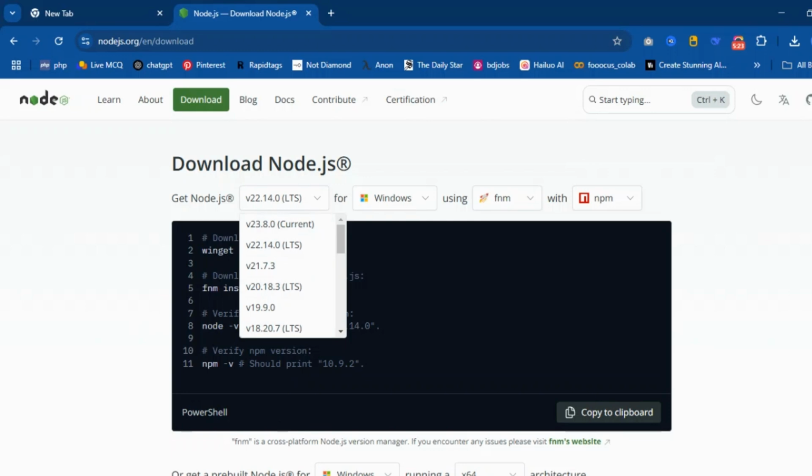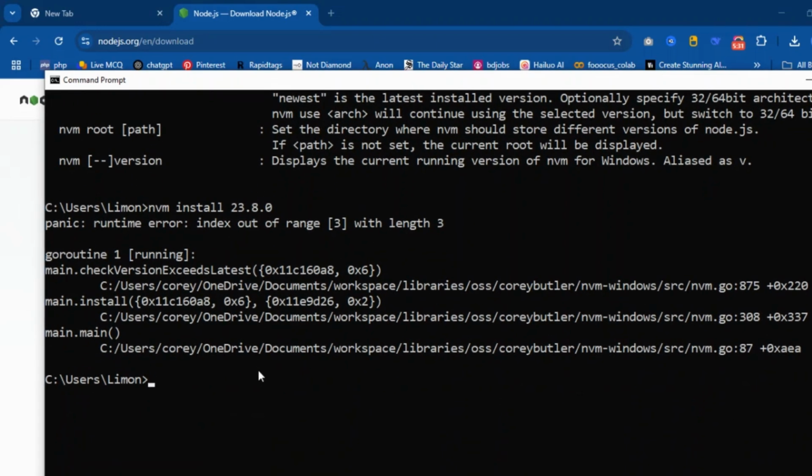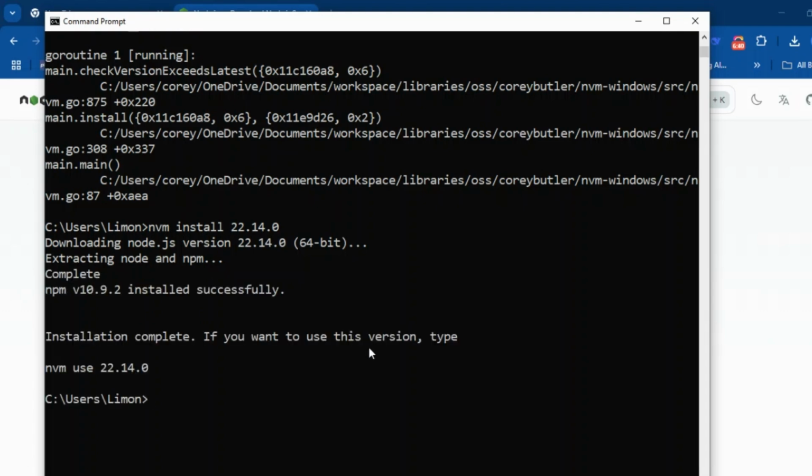It's not mandatory, but we can use 22.14.0 LTS version. Okay, npm install 22.14.0. Okay, this is downloading. Next, taking node and npm, complete. Okay, now if I check my npm list,